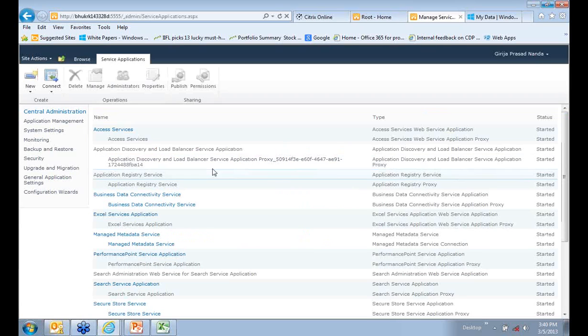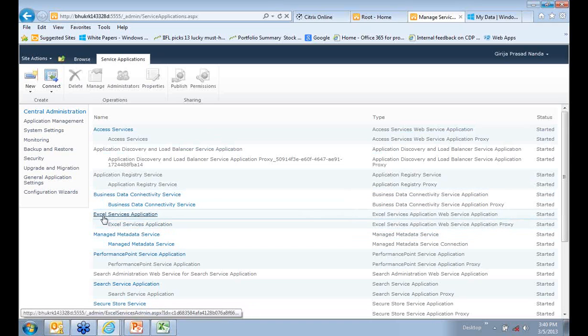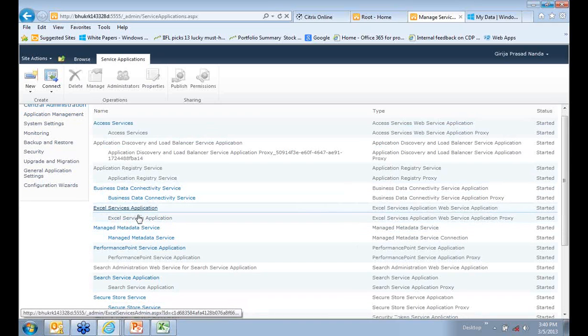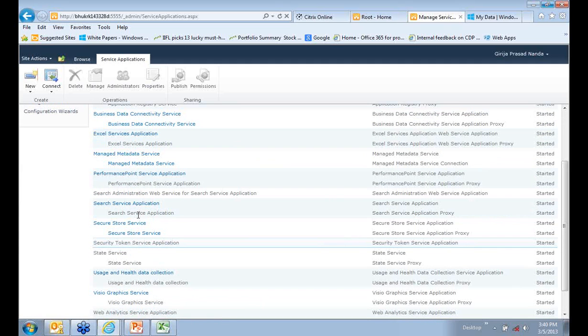Here is the list of various services that are available inside this central admin. You have access services, business data connectivity services, and like that you have your Excel services. There are a lot of other services, but we are concentrating only on Excel services.